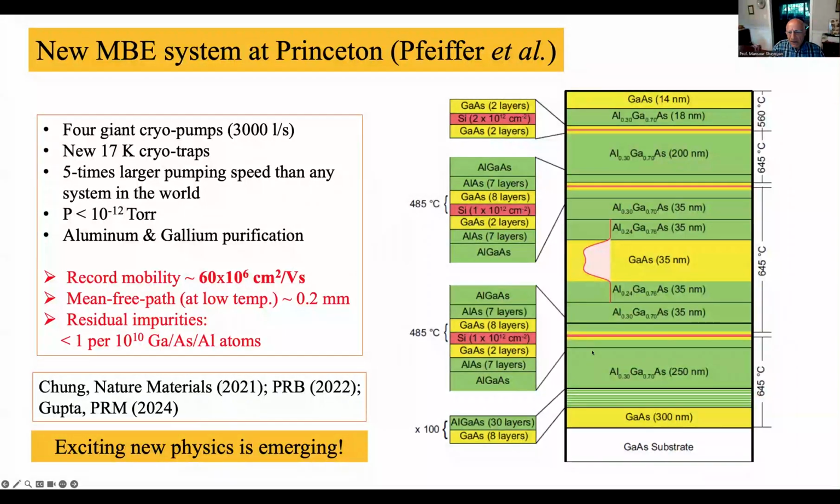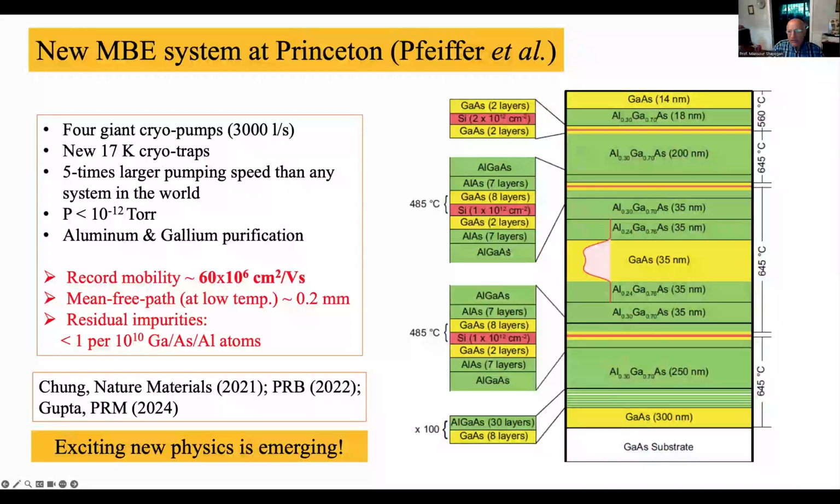of the material. And that is because when you look at the structure of one of these samples, these are all the little details that go in it. But the electrons are here in this layer. These are the dopants, and the rest is the aluminum gallium arsenide and gallium arsenide. The important thing is, as we are growing this layer by layer, atomically layer by atomically layer, impurities can get in if the vacuum is not perfect or sources are not perfectly pure. And what has happened now in this chamber is that we can grow layer by layer material with less than 1 per 10 to the 10